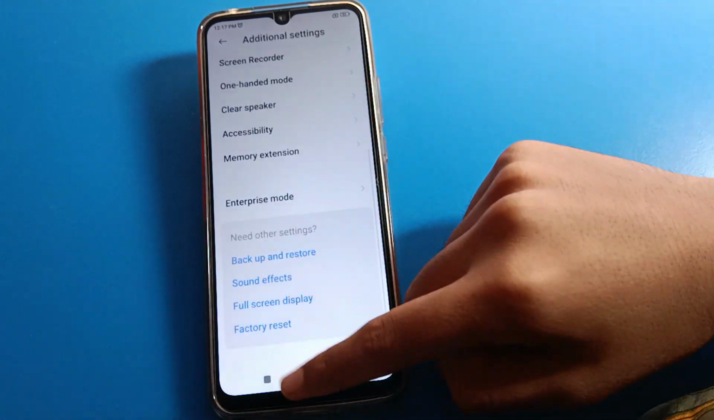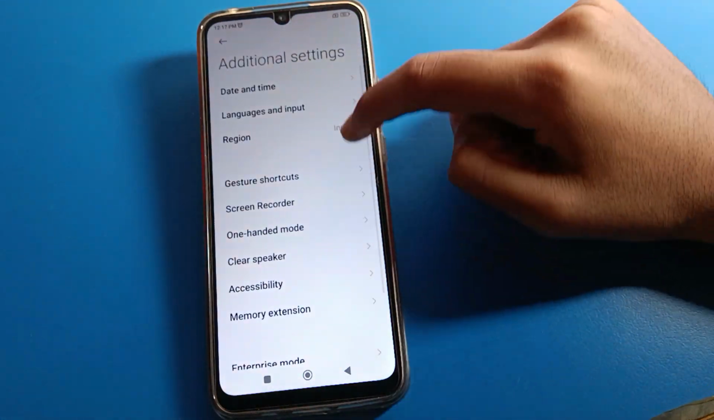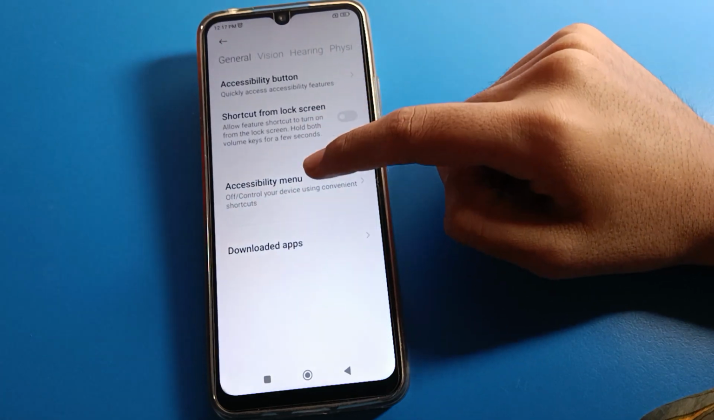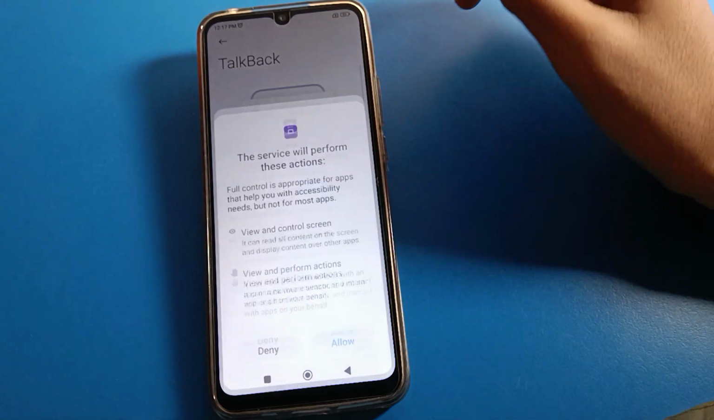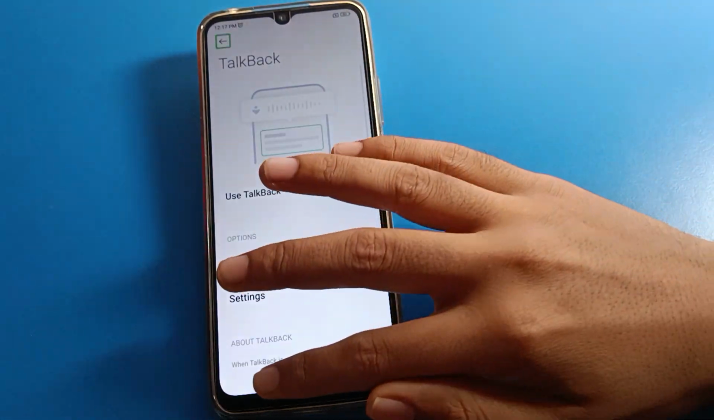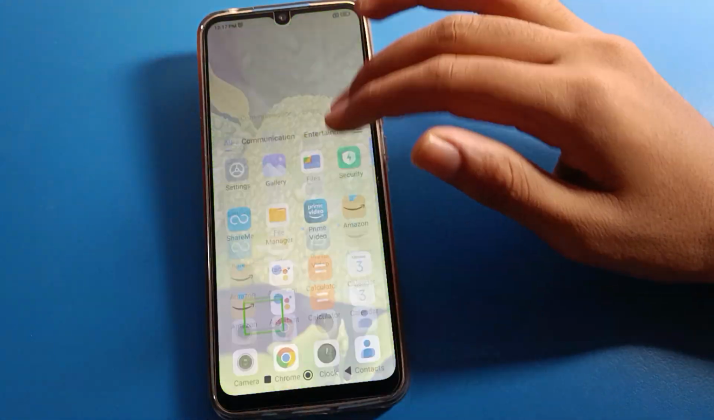With one finger, friends, you can use your phone, you can open any app, you can click any phone setting. And friends, if you want to solve the talkback problem with the shortcut setting, again turn on talkback on your Redmi mobile phone. After turning on talkback, close your phone settings. Again open your phone settings,